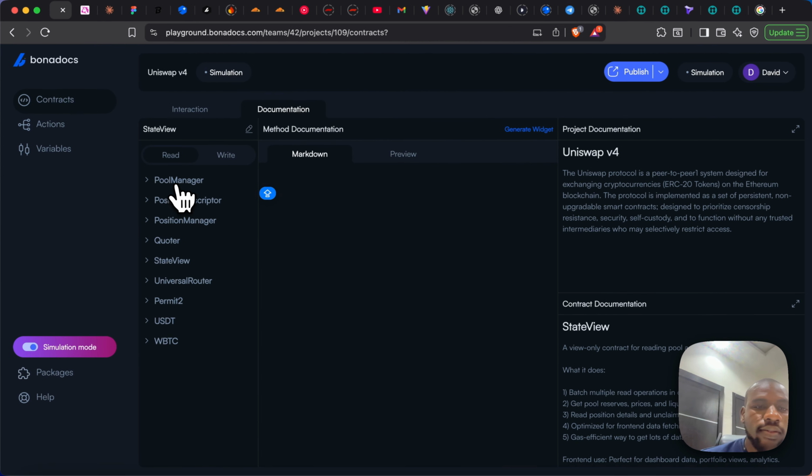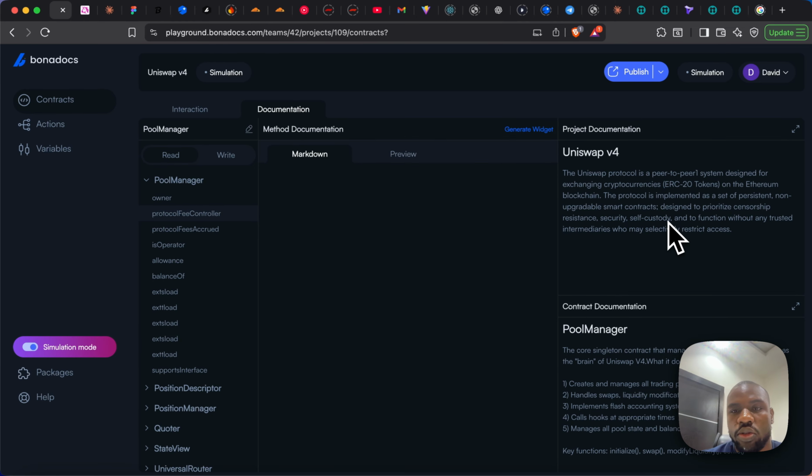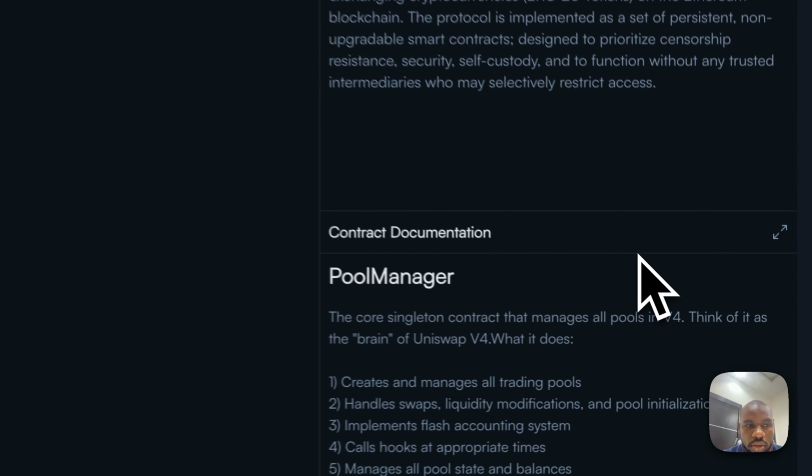First of all, I briefly dropped the definition of the V4 protocol, a system for exchanging ERC20 tokens on the Ethereum blockchain, and it also works on other EVM chains. The protocol is implemented as a persistent, non-upgradable contract, to prioritize